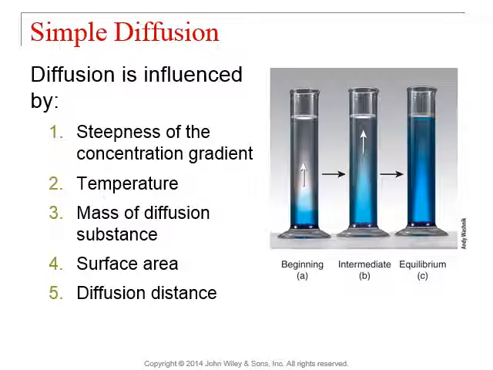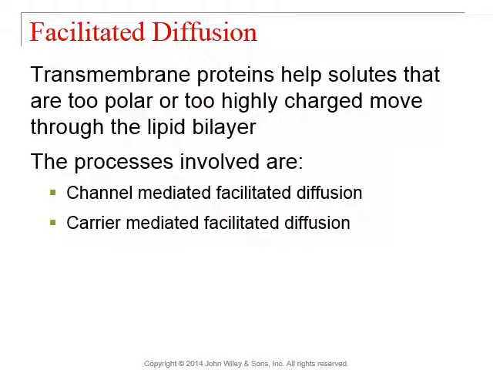So the smaller the distance it needs to travel to reach an equilibrium, the faster diffusion can occur. Now, when a molecule is either too large or has too much of a charge, we rely on facilitated diffusion to transport these particular macromolecules from extracellular fluid into the cell. Now, this can occur in one of two ways. It either goes through channel-mediated facilitated diffusion, which you use for most of your ions like potassium, chloride, sodium,